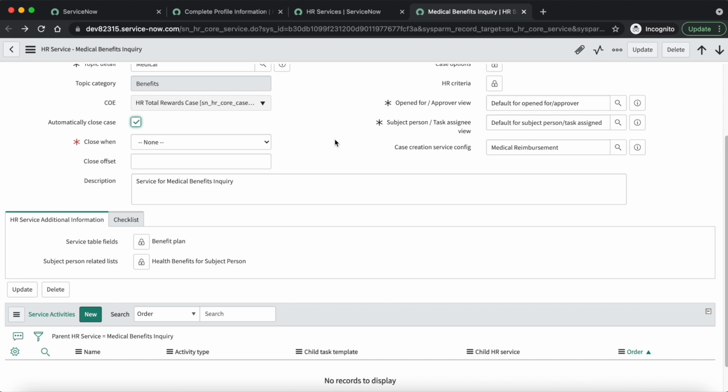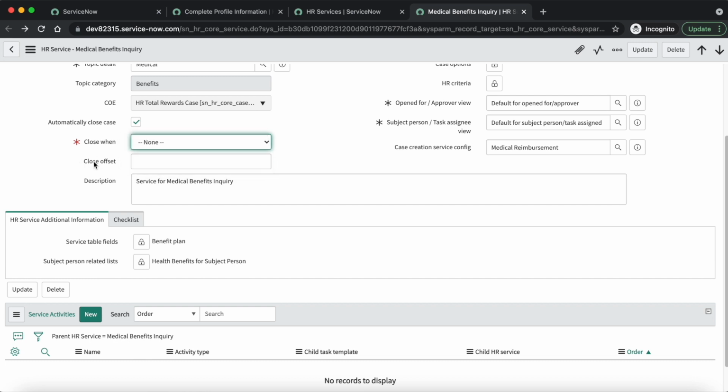Once it is checked, we will have some more options to be filled in, like close when filled. Based on your requirement, you can select any value. Either you want all the to-dos to be completed, or you want only mandatory to-dos to be completed.